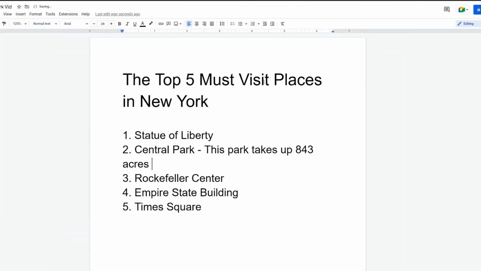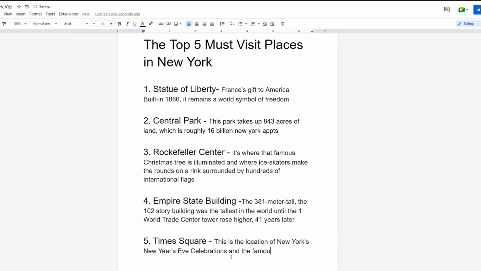Next, add 1 to 2 interesting facts that make these places stand out. Now again, I used Google to search these up and came up with some really interesting facts like the Statue of Liberty is actually a gift from France to America. How crazy is that? Now similarly, I mirrored this for all the other places and just like that, my script is finally ready. So now we can finally go on to step number 2, and that is turning the script